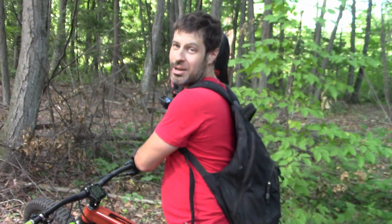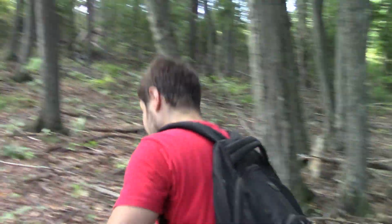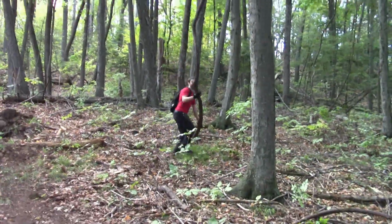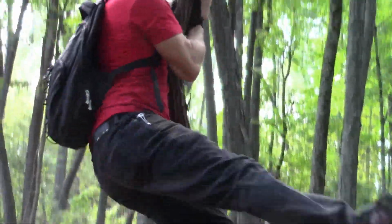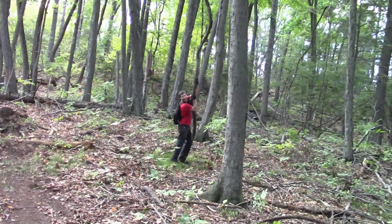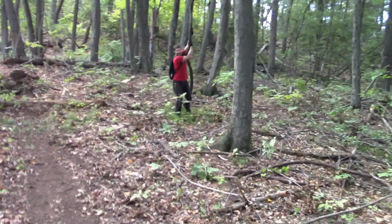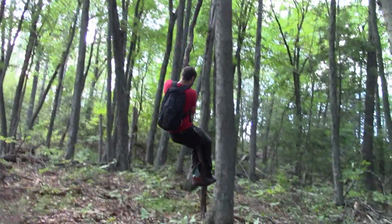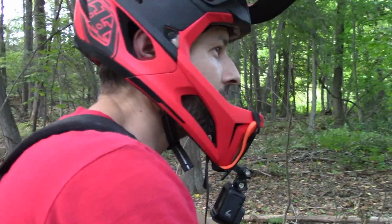All right, so there's one non-bike related feature to this trail that we've also created. Oh boy. Oh my god. Do that again. What? Do it again. Okay. Ah, you're gonna hit the tree. Nice. So the next part of this trail...